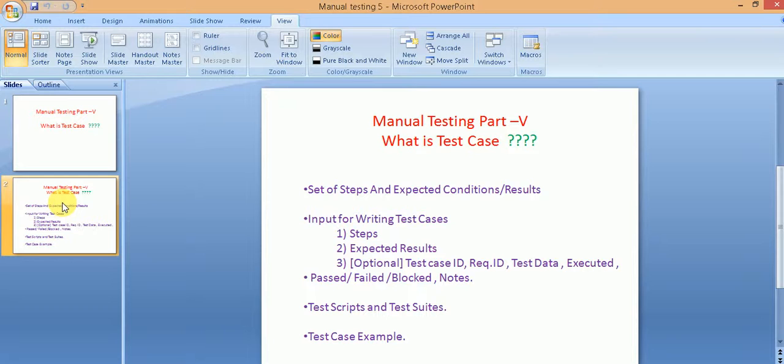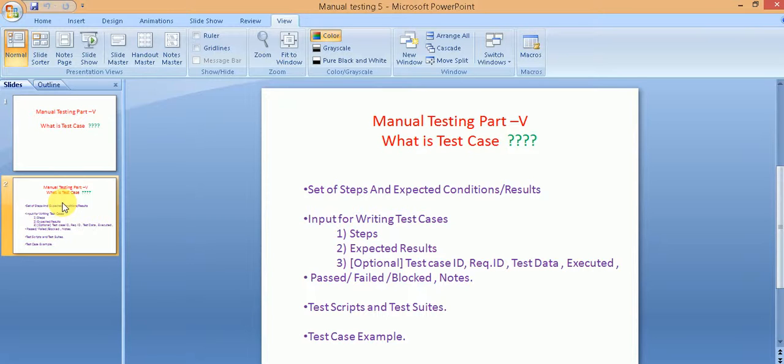Also, it is possible that you do not have any documented requirements, but still you can arrive at those requirements by talking to the stakeholders in the project. So these stakeholders are the product owner or the business analyst in the project. The stakeholders are the developers, the project manager or the scrum master, or the client. These are all the people to whom you can talk and get a fair idea of the requirements that the system is supposed to satisfy. So these are the various inputs for writing the test cases.